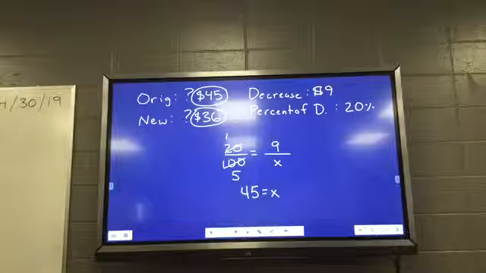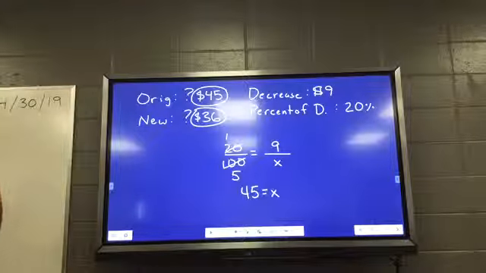Do you see how it works kind of like the last problem? So it's not really new. They just give you different info. How many of you are comfortable with that? Awesome. Do number